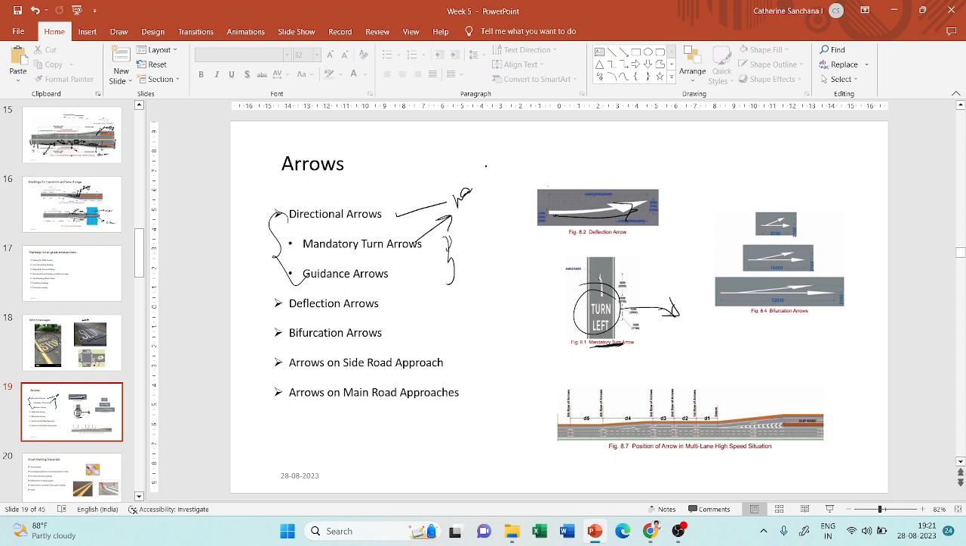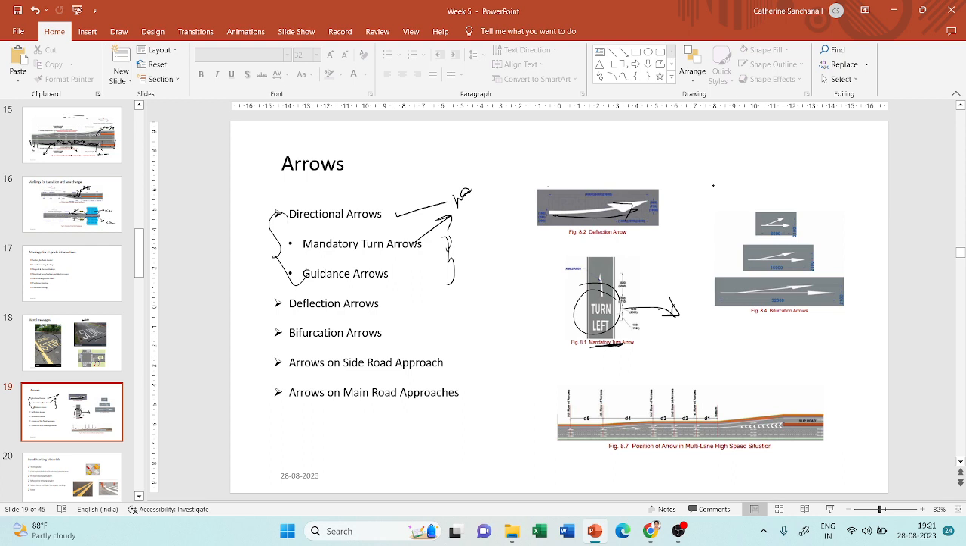They will also tell you what should be the width or length of the arrows. Usually they provide long arrows, because since your eye level is low, they believe that if you provide long arrows, it will be easily visible to you. The other is